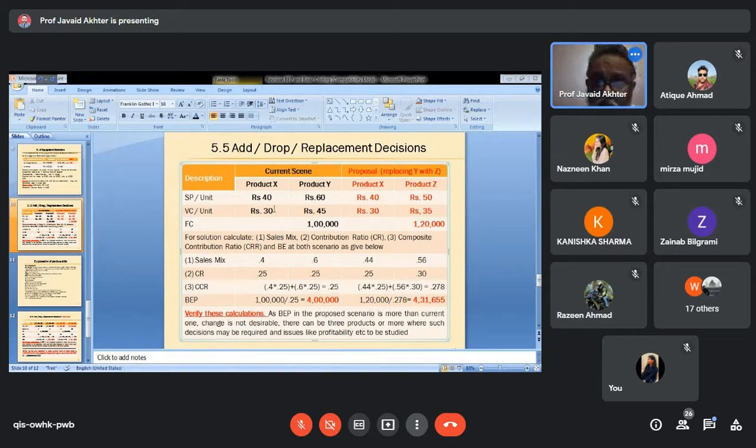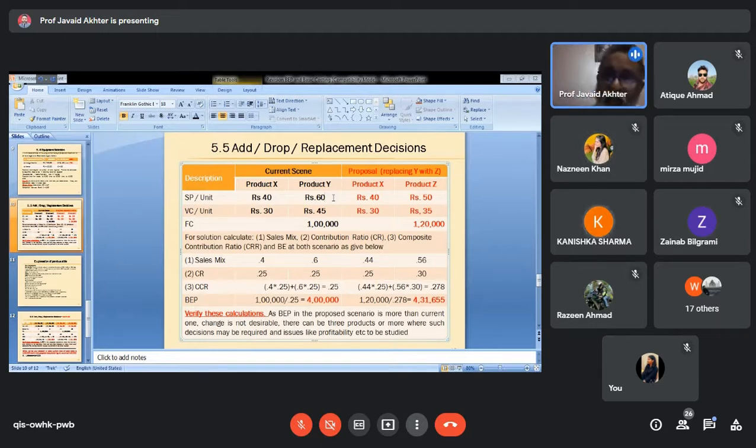Now sales mix, very simple. The proportion in which you are selling X and Y. What is the proportion? What is the sales mix? 40-60 or 2:3. The firm is selling these units in 40% ratio and 60%. Company is selling both the products. If it sells for rupees 100, 40 comes from X, 60 comes from Y. If it sells for 1000 rupees, 400 should come from X, 600 should come from Y. Is this clear? Yes, sir.